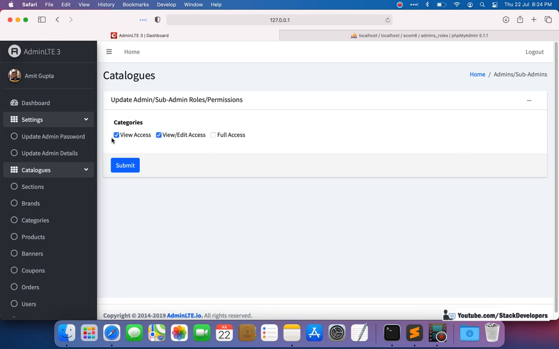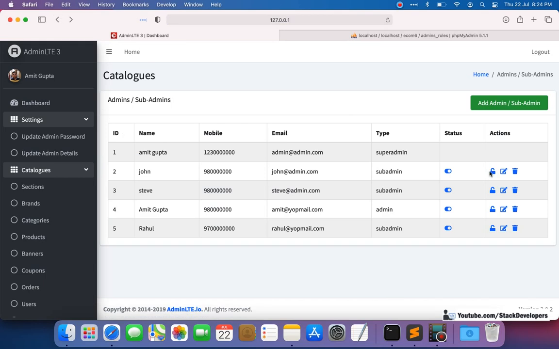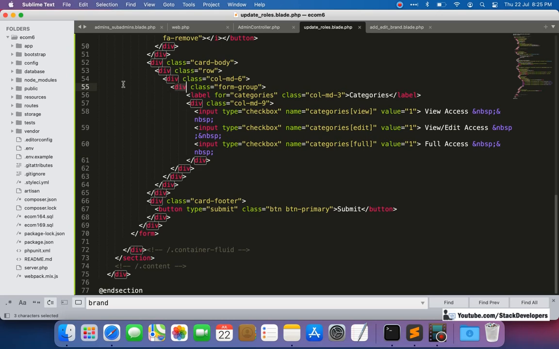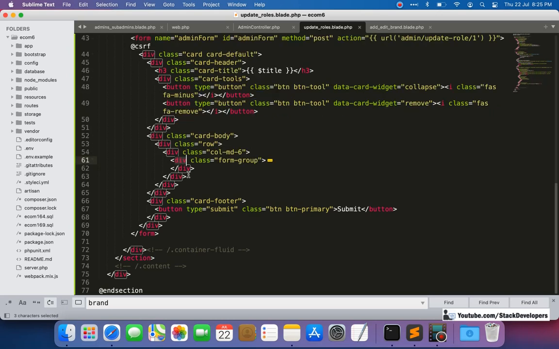You can check the feature for this admin subadmin. See here, if you are going to update for John, I'm going to click here, set role permission for John. Here I want to give some details as well, and along with that I'm going to give the permission for the other features as well.